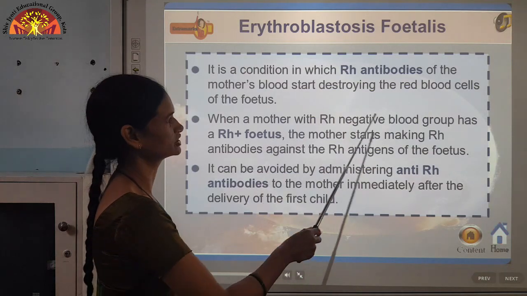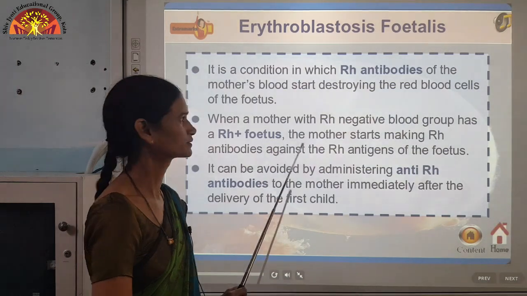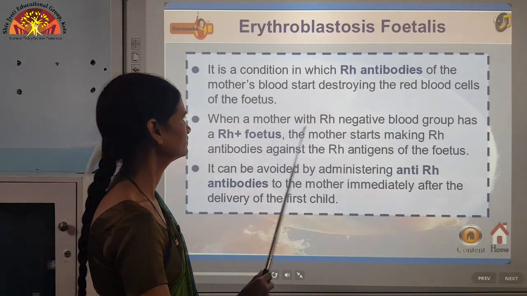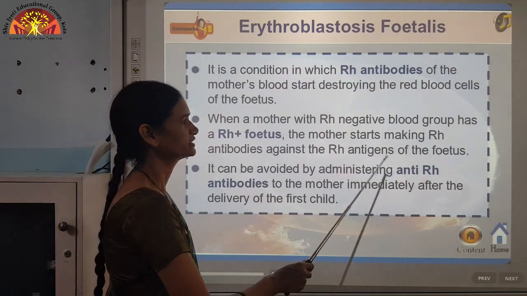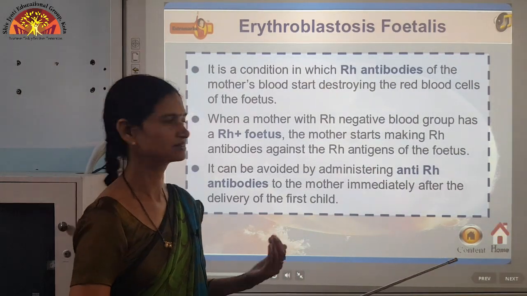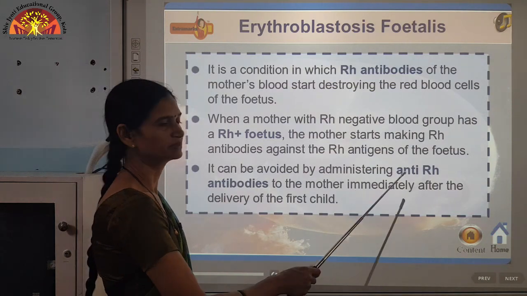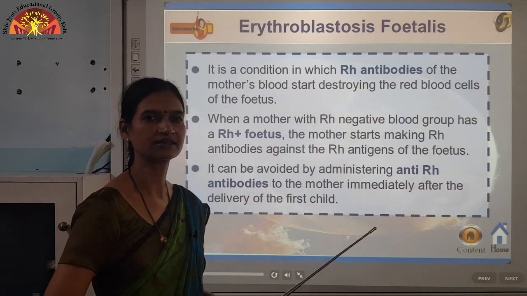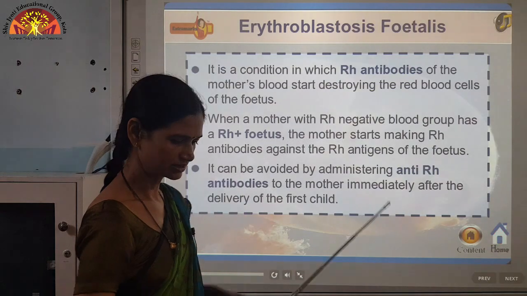When a mother with Rh negative blood group has an Rh positive fetus, समझ रहे हैं बात को, suppose मदर तो Rh नेगेटिव है और उसका फीटस is Rh पॉजिटिव, तो मदर starts making Rh antibodies against Rh antigens of the fetus, तो वो फीटस के एंटीजेंस के अगेंस्ट एंटीबॉडीज बनने लग जाती हैं उनकी बॉडी में। It can be avoided by administering, ये एक तरीका बताया है, it is a medical technique, anti-Rh antibodies are given to the mother so that antibodies are not formed. तो ये complication है जिसको अभी हम और detail में पढ़ेंगे